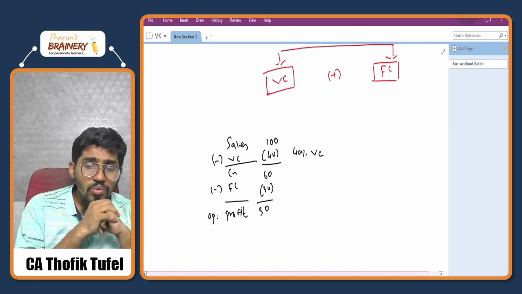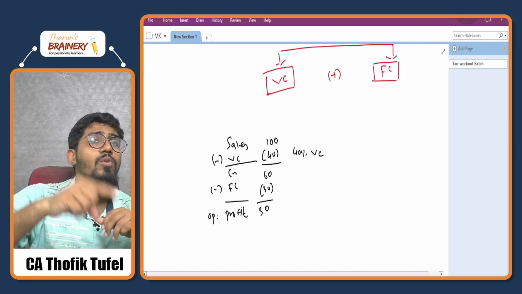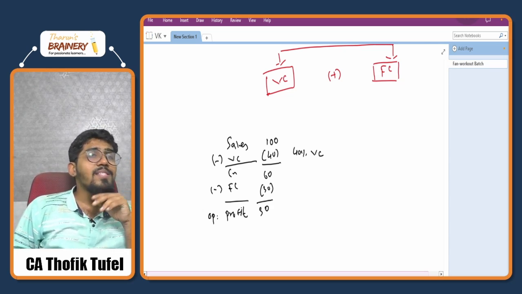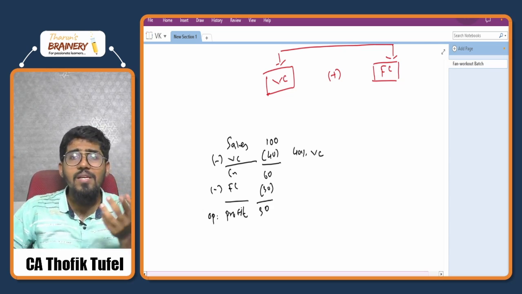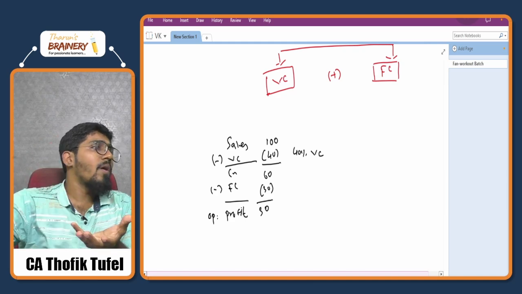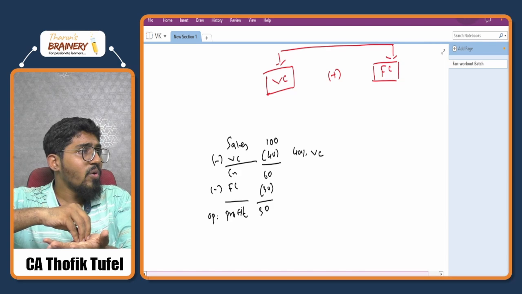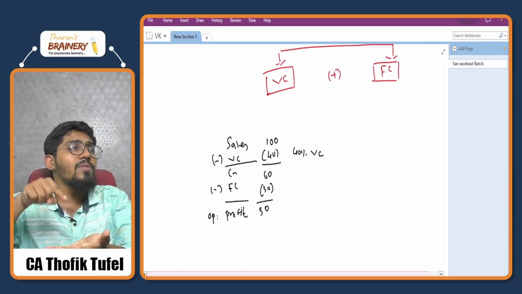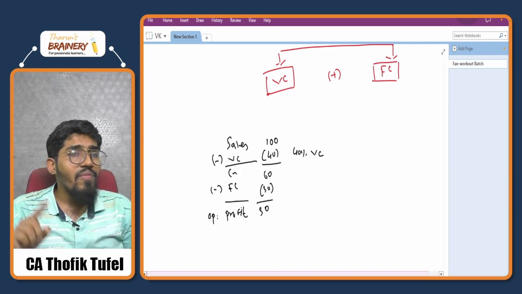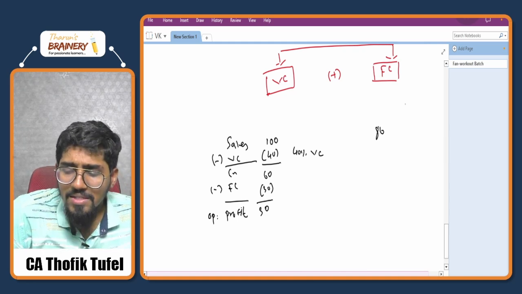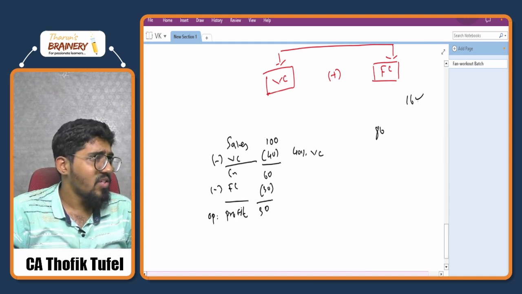Yes or no? So which means, sir, on 60 rupees sales, 6 rupees is the profit. One more 10 rupees coming: 4 rupees gone, 6 rupees, so 12 rupees. One more 10 rupees coming: 4 rupees gone, 6 rupees, so 18 rupees. So 3 tens coming, 80 rupees sales. Sir, my profit is 16 rupees.